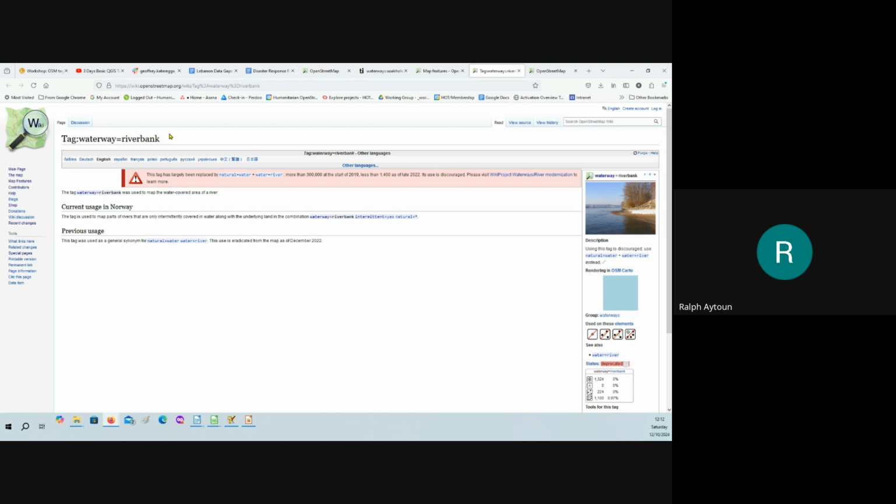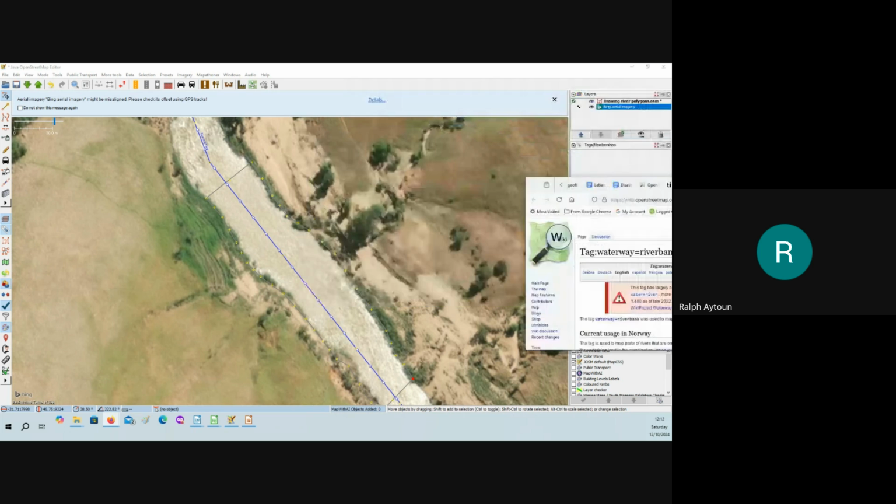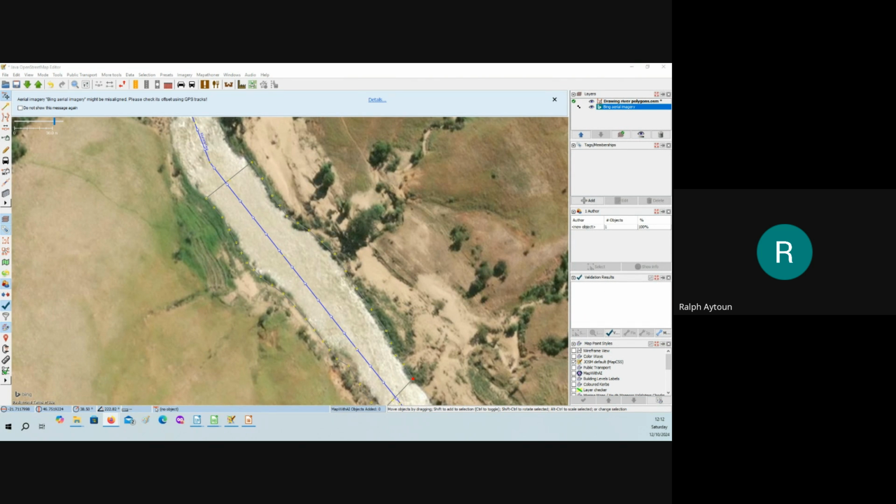However, this tag has been largely replaced now by two tags. One is natural equals water plus water equals river or water equals stream. So that is the new norm. Two tags, natural equals water and water equals river. So we're no longer using riverbank.